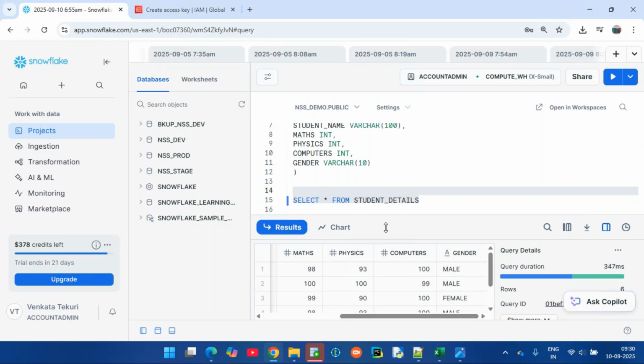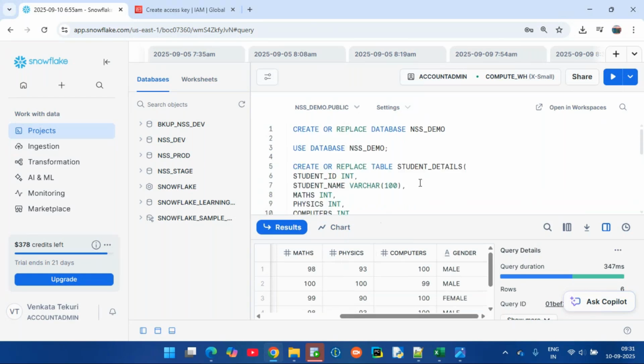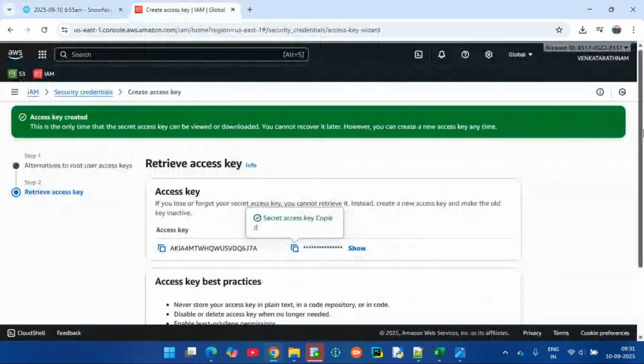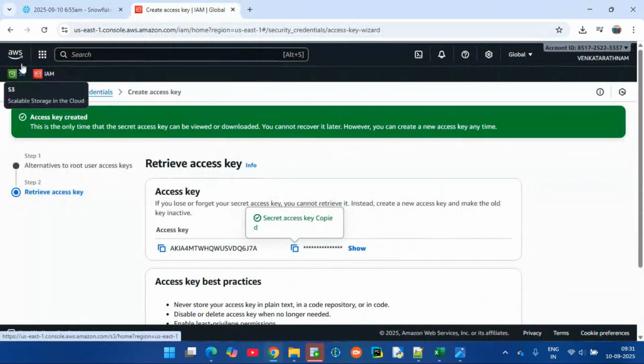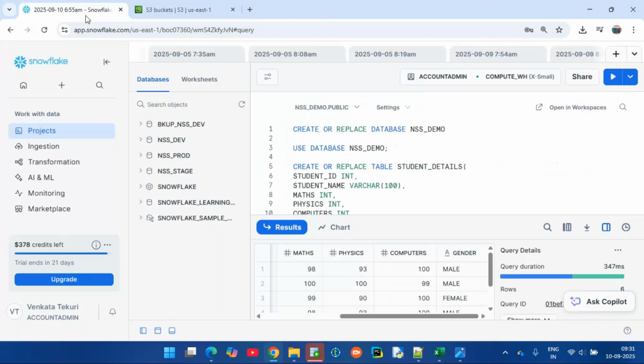Now, what is my requirement and what have I done? Imagine my file is in AWS S3, and from S3 I need to get this file and load it into Snowflake.